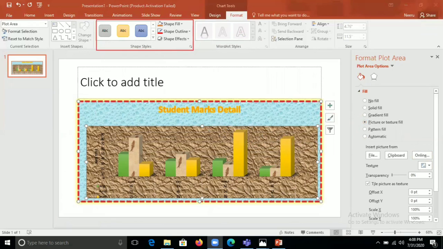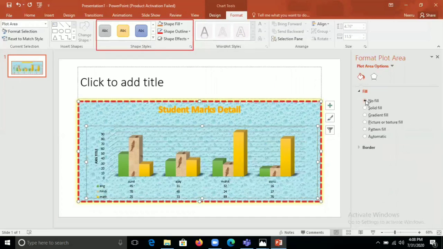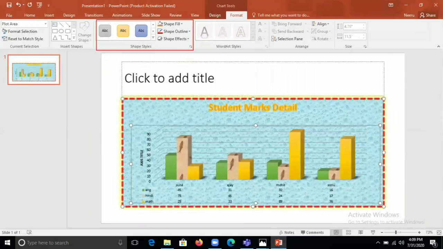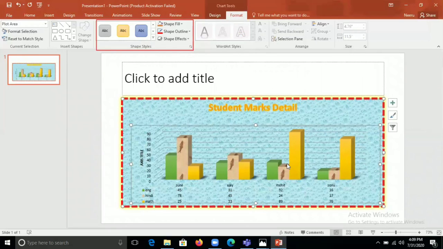By this method, we can format the chart according to our requirement. I am undoing it, or just click on no fill. No fill means I don't want to fill the plotted area with anything. You can see here.